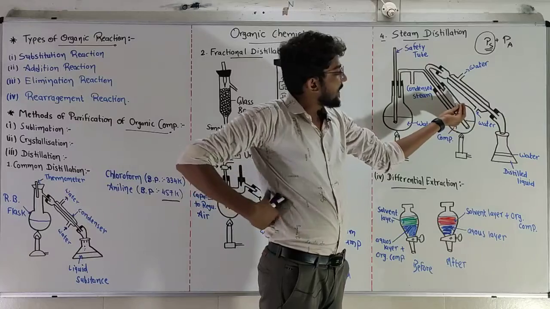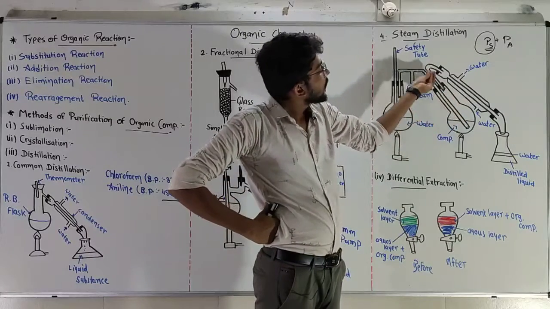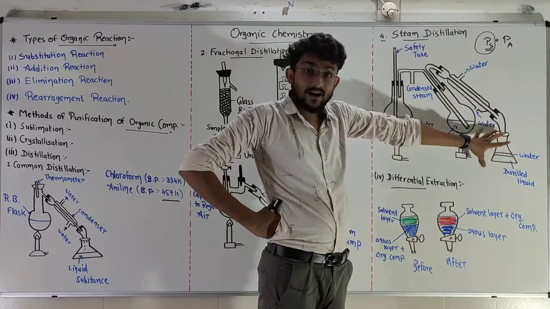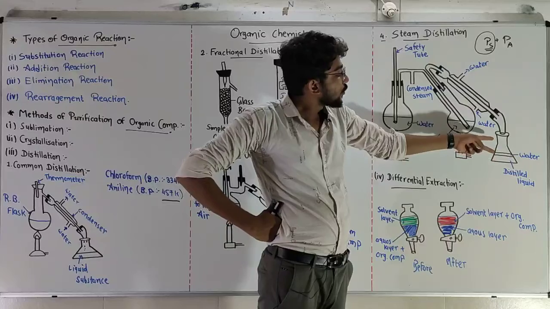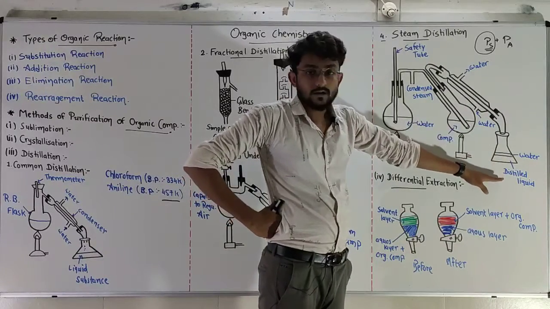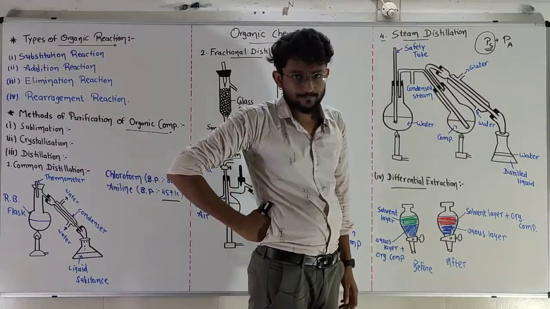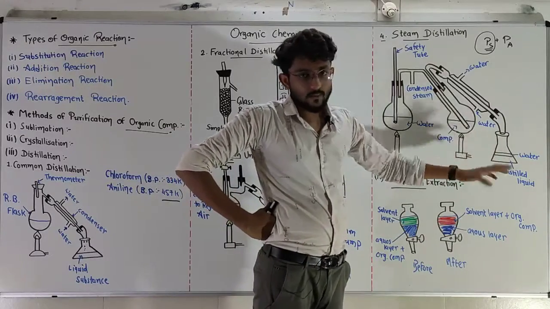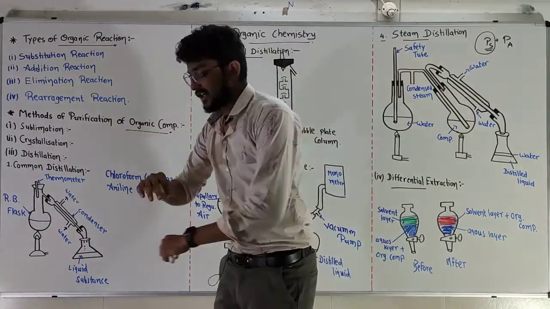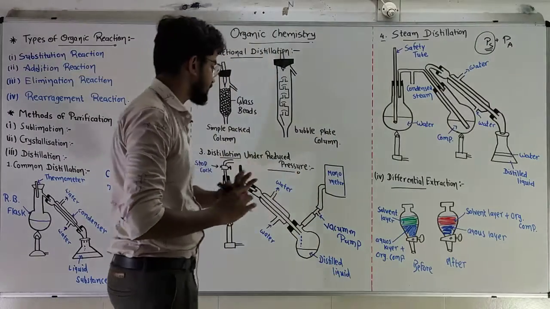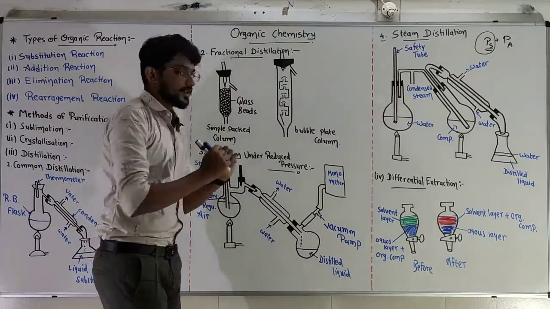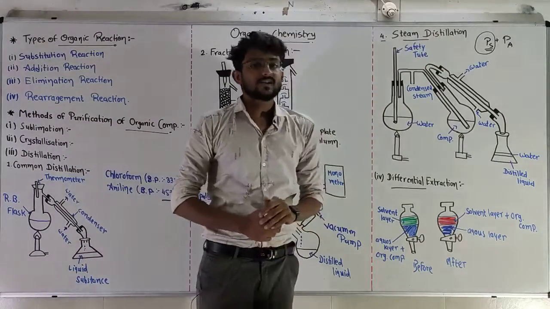So now steam with aniline molecules comes into the condenser and it will be liquefied over here. Aniline and water are insoluble in each other, so two different layers will form. One layer will be water and another layer will be the distilled liquid, aniline. From here we can separate both of them easily. So that was all about distillation. Again, there are a total of 4 types of distillation: common distillation, fractional distillation, distillation under reduced pressure, and steam distillation.